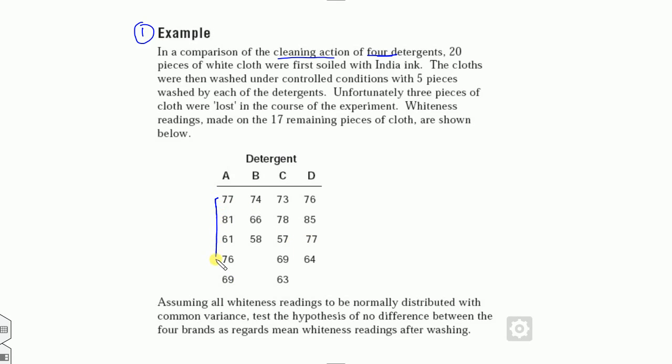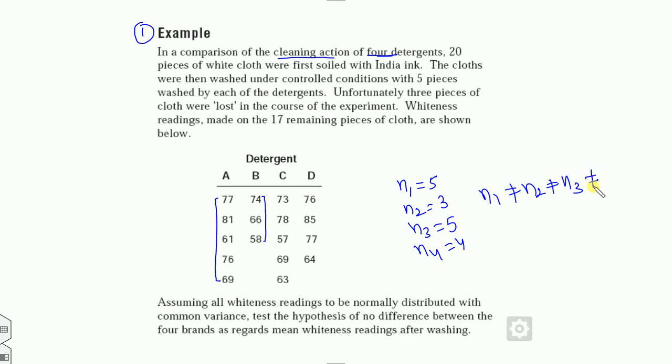The number of elements in detergent A is 5, in B is 3, and so on, 5 and 4. Clearly the number of elements in the samples is 5, 3, 5 and 4, so they are not equal. It may or may not be equal in